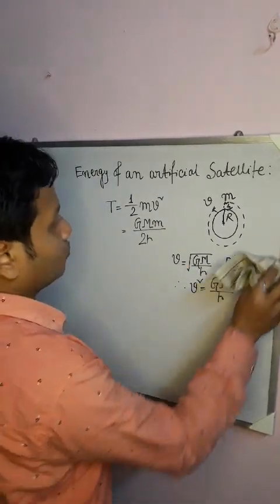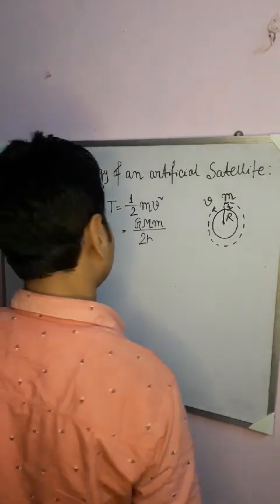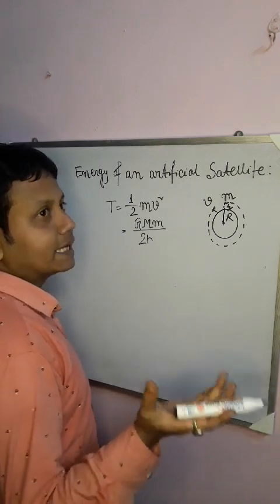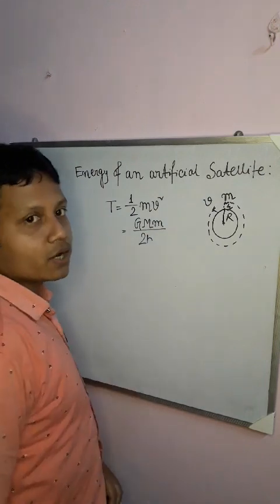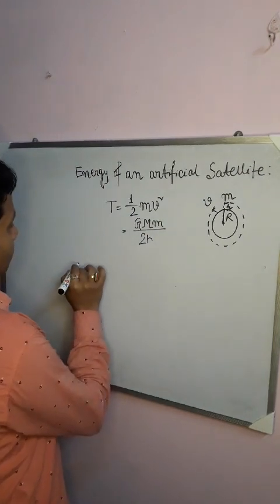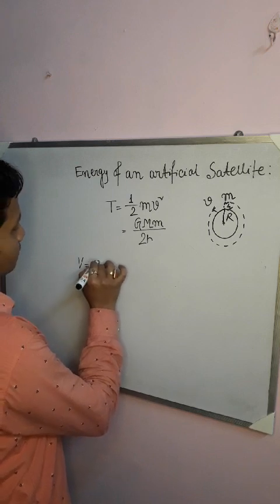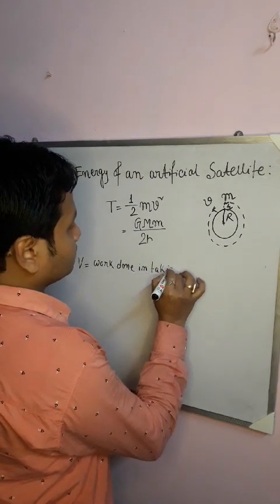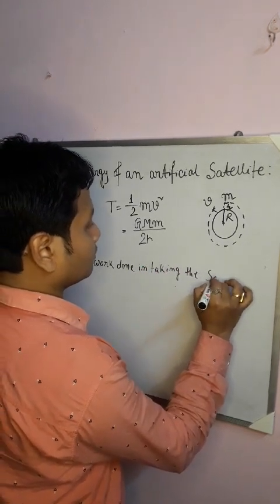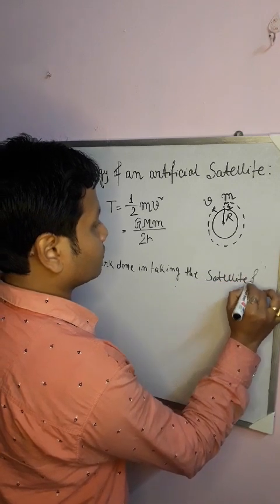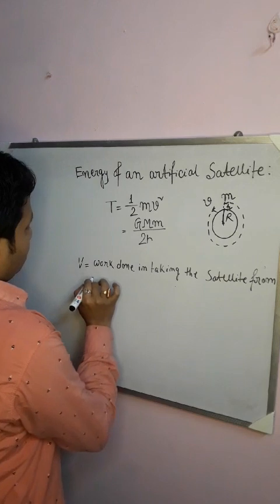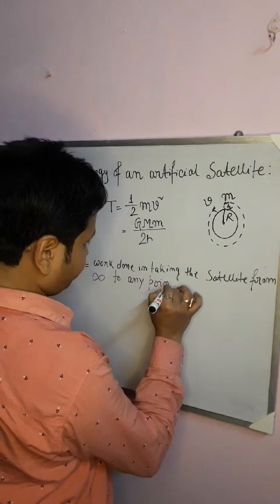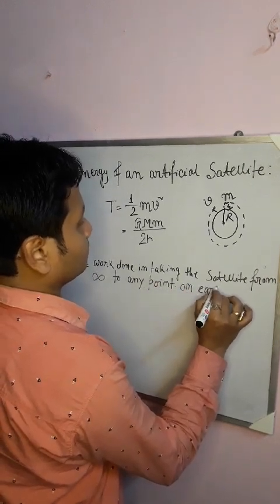now what would be the potential energy of the satellite? Now we all know that potential energy is nothing but the amount of work done in taking an object from infinity to any point at the surface of earth. Okay, so potential energy V means work done in taking the satellite from infinity to any point on earth's surface. Okay,